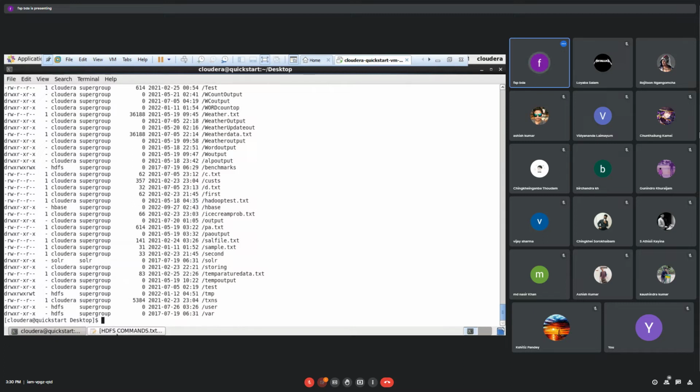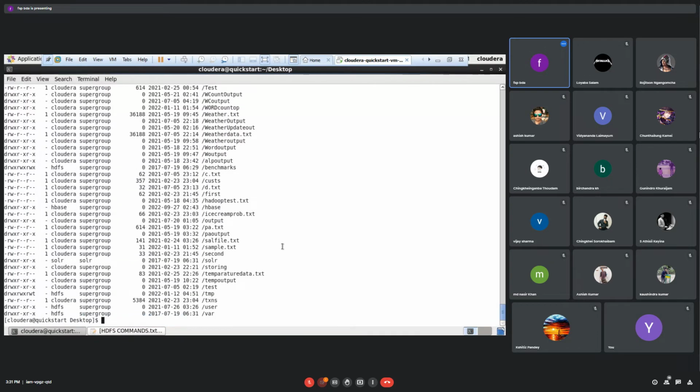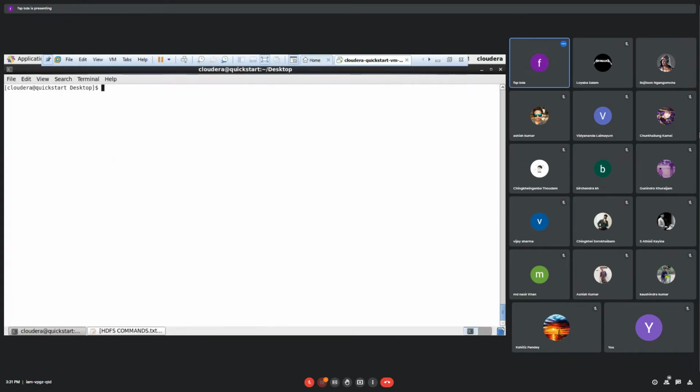Now then, hadoop fs -df hdfs. What it will do is report the amount of space used and available on the currently mounted file system. So how much space is being used, this command will give you that. Okay, so Hadoop fs, I'll clear it first. hadoop fs -df hdfs:/